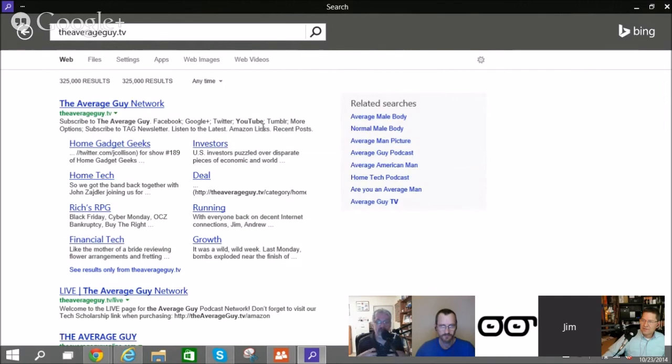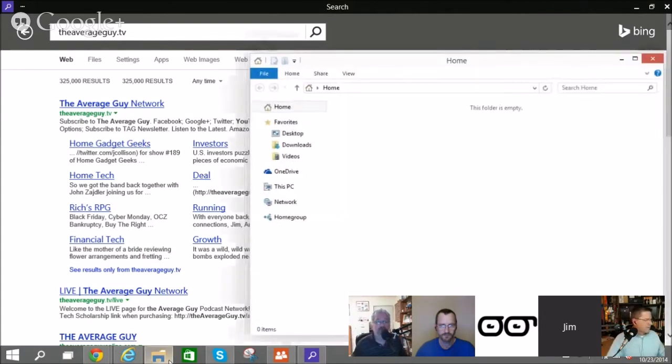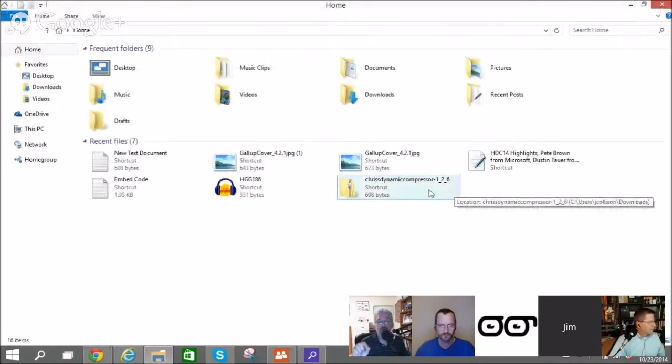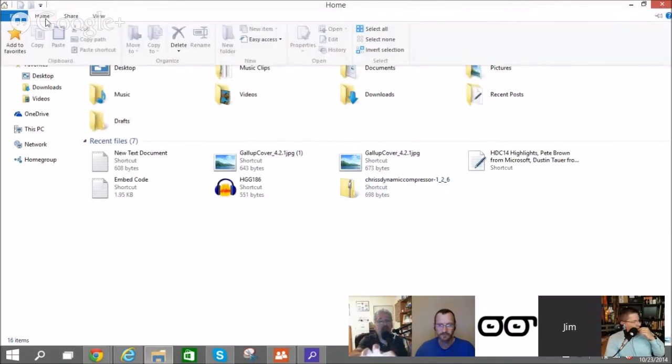For me, can you open up File Explorer? I'll show you this. This gives me a lot of hope. When you maximize that, can you pin that?